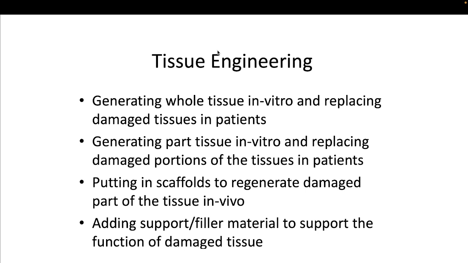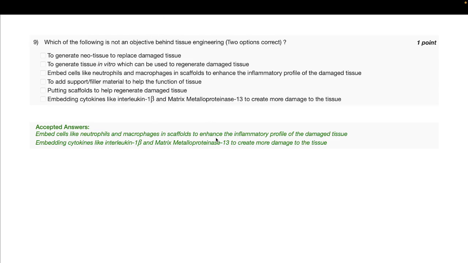So tissue engineering is used to generate whole tissue in vitro and then replace damaged tissues in patients, or it can generate part of the tissue in vitro and then replace these damaged portions in the patients, or you can put in scaffolds to regenerate damaged part of the tissue in vivo, like we discussed with the decellularized matrix, or it can mean adding support filler material like stents, or putting in a metal implant to support the function of the damaged tissue. So both of these options are incorrect because we do not use tissue engineering to enhance inflammatory